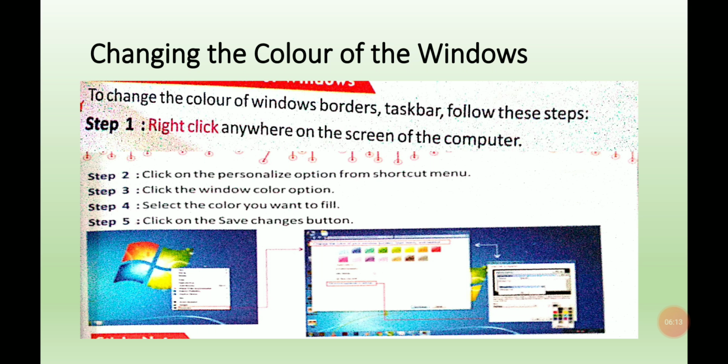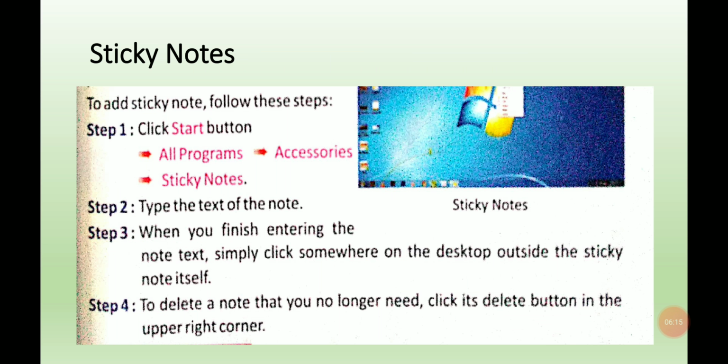Going further, next we have the sticky notes. First of all, what are sticky notes? A sticky note is a small program available in Microsoft Windows 7. It can be placed anywhere on the desktop screen. The notes can be resized and painted using a variety of colors. Suppose you want to write some notes which need to be remembered, you can remember them this way, by using the sticky notes.